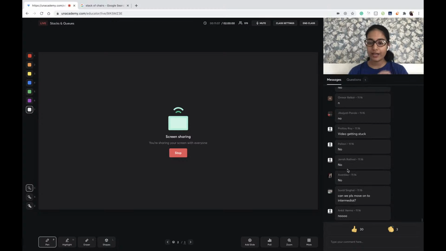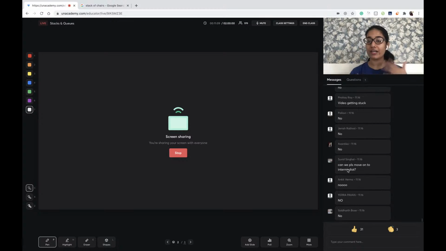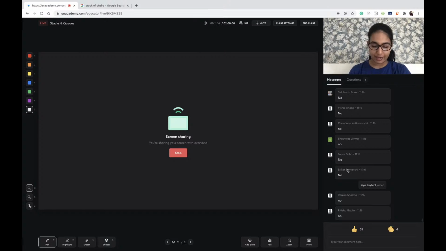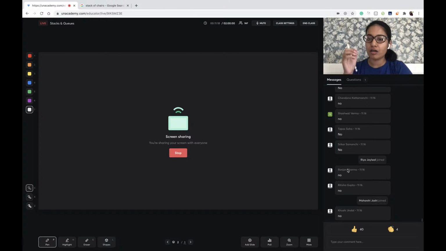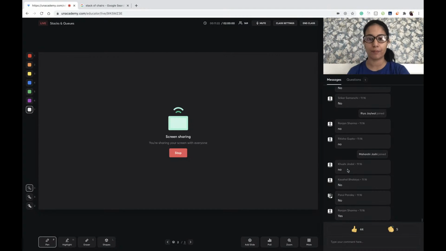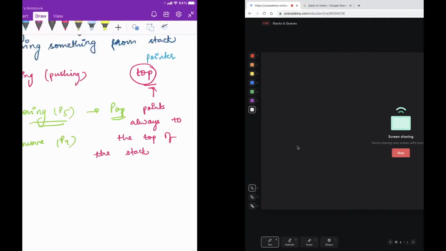Okay. Now there are some people who wonder what exactly is a pointer. So a pointer is basically something that is pointing to a particular address. Okay. Let's say I have a variable here, top, which is pointing to the top of the stack. That is the only purpose that we have to look at here. Okay.